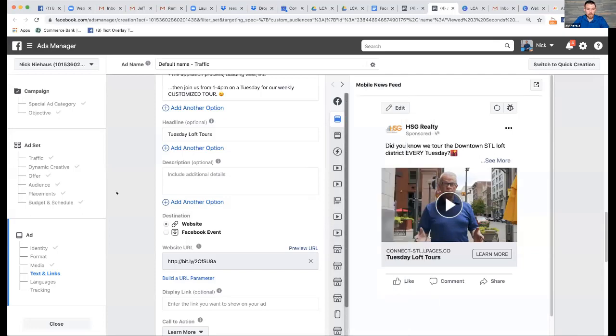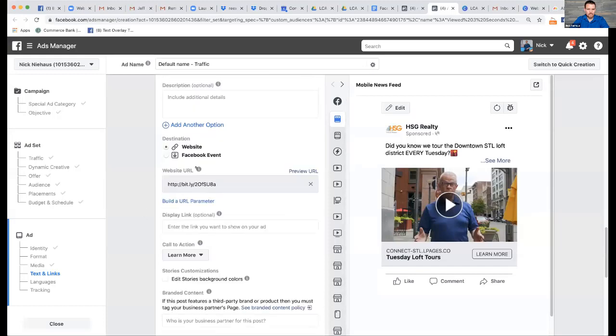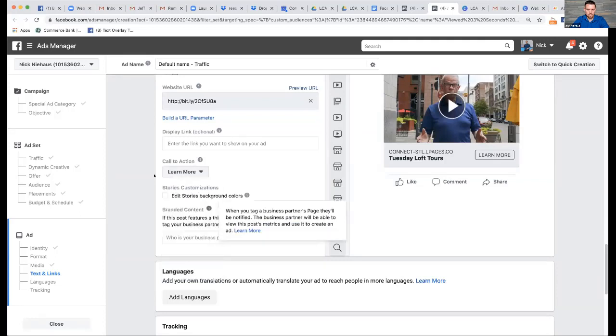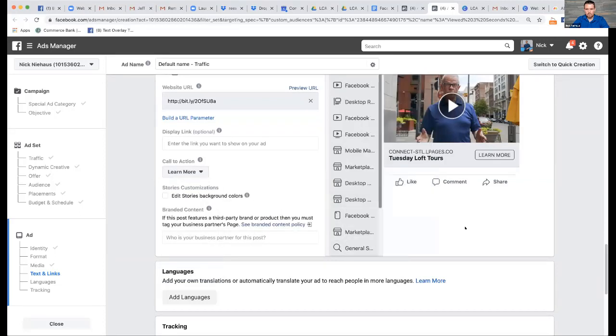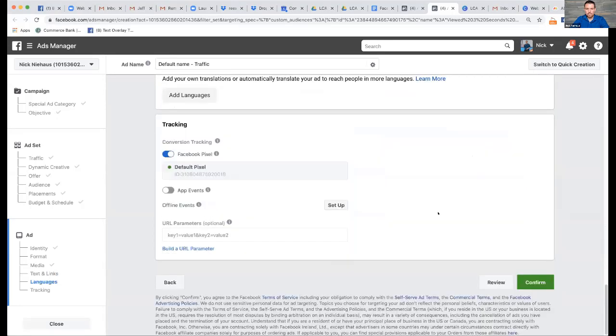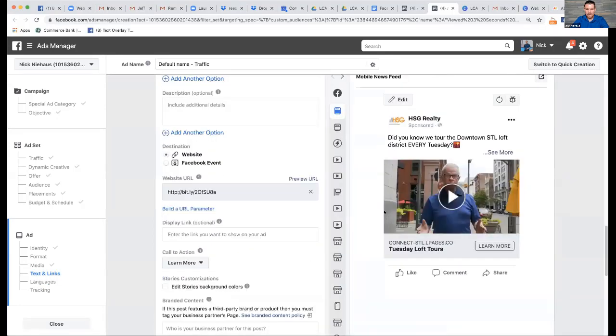And then a learn more button, and I can also control what that button says. So if I want to change it to any of these options, I can use any of these here, right? So I might want to say, you know, get offer, that kind of stuff, watch more, whatever it might be. But in this case, learn more does make sense. So we leave that alone, and that is it, right? So now we go ahead and we confirm that. And what it's going to do is show this exact ad with this button, which goes to my landing page for my loft tour, to the people who have watched my existing video, okay? So that's it. That's how we do all this stuff.